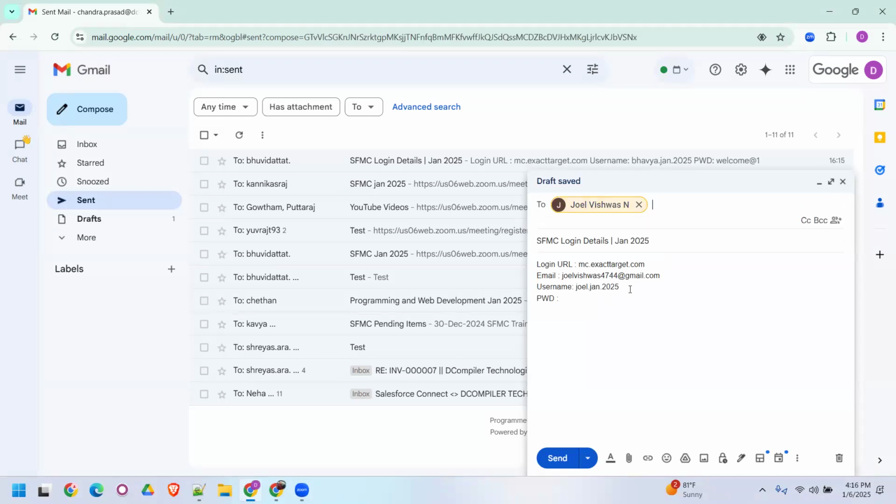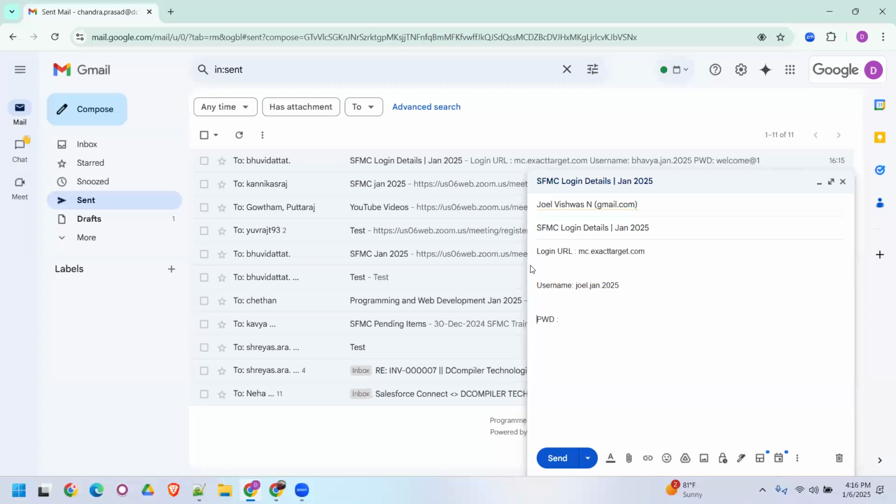This is the email ID, then the username, then the password. As usual, while giving the password, I'll be stopping the screen sharing, which is always a best practice. In any organization, don't share the username and password on anyone's screen, whether yours or a different person's. Once the username and password is shared,